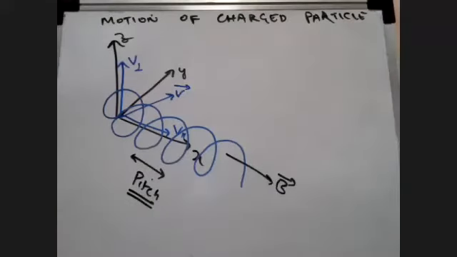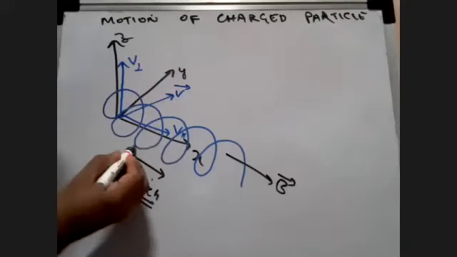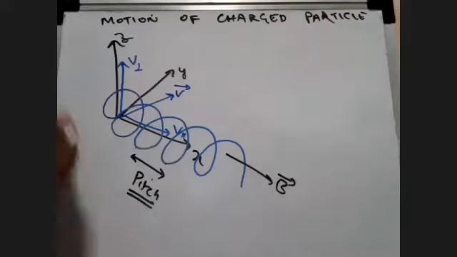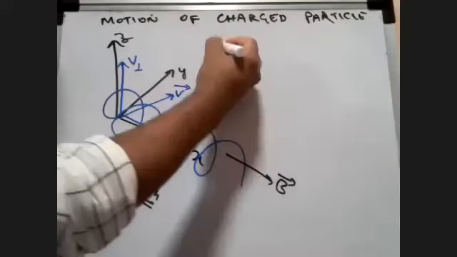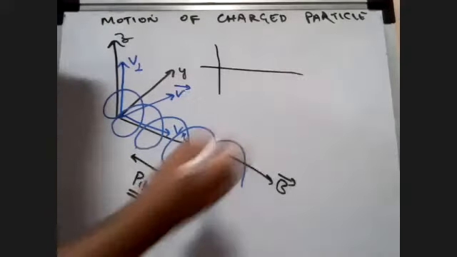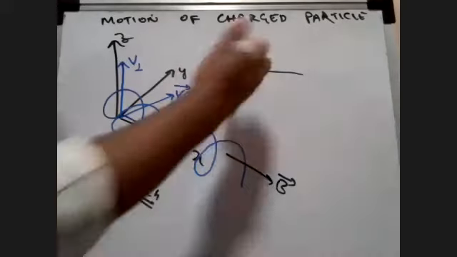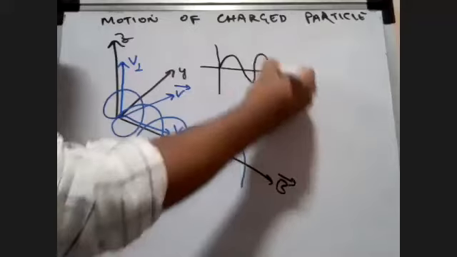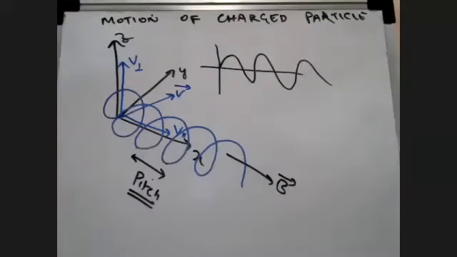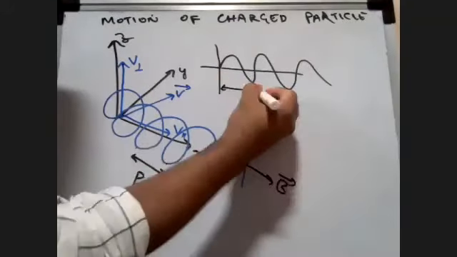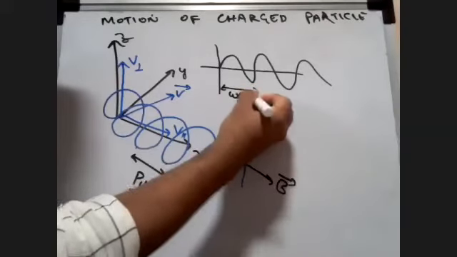It is the distance between two circular rotations, from one point to the other point. In fact, if I have to show you this in terms of 2D, if you try to plot it on a two-dimensional graph, what you will get is a sine wave. So it is approximately the same thing as the wavelength.